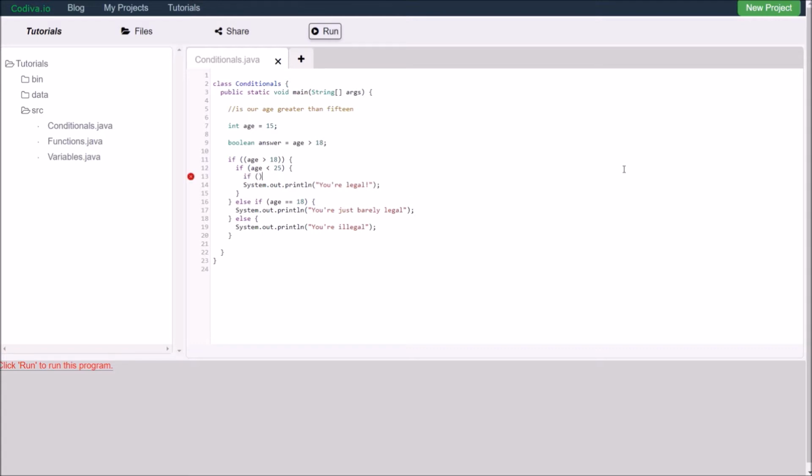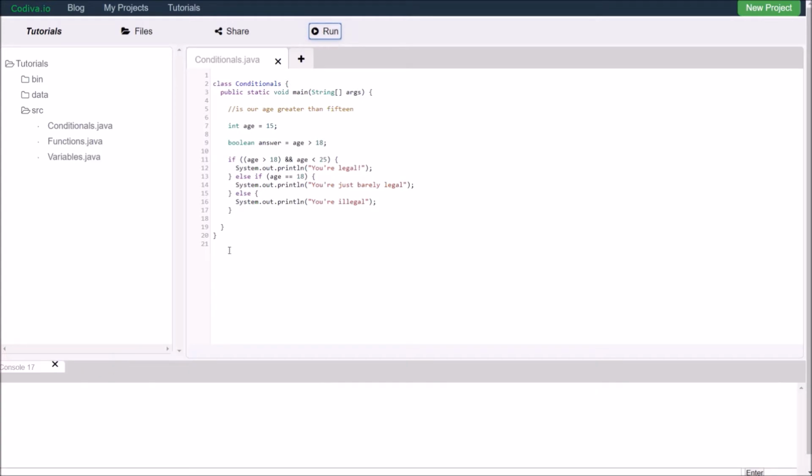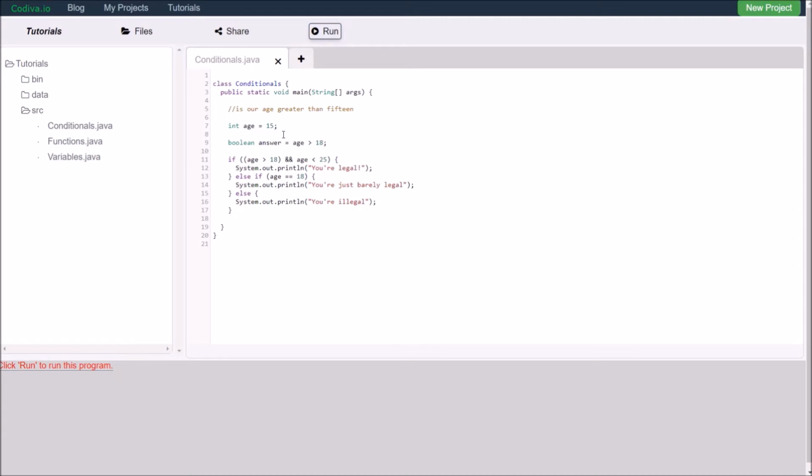We don't want to have to say if, and so on. We want to be able to say them all in one line to make it really simple. So to do that, we can say, if this conditional and, so double ampersands means and, if this conditional age is greater than 18 and age is less than 25, then we're going to print you're legal. So in this case, it's still going to say we're illegal, right? You're illegal. Well, if we set it to 20,